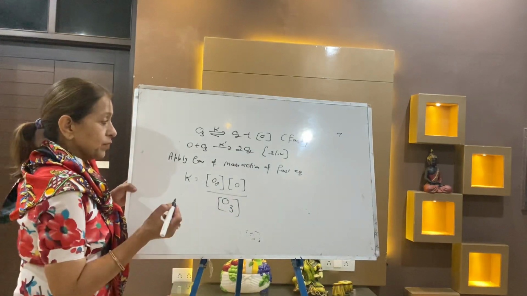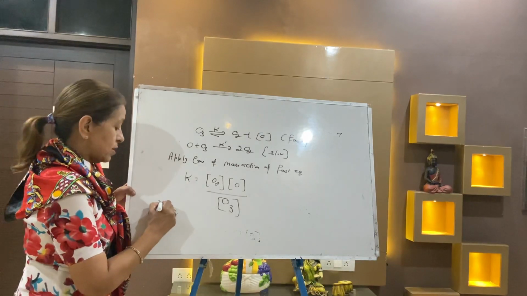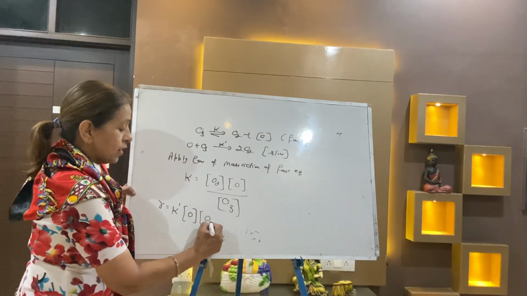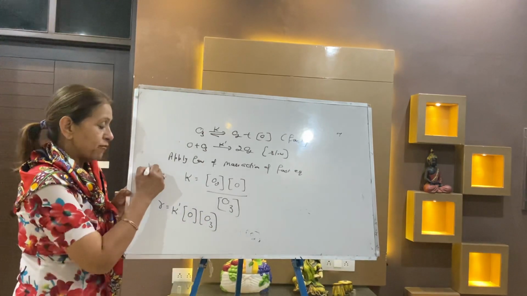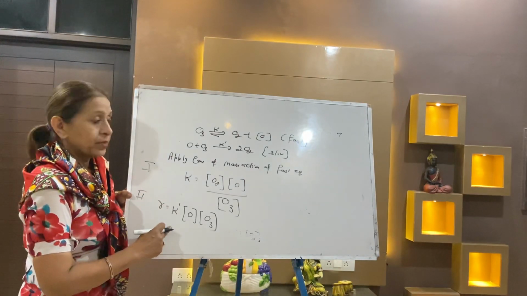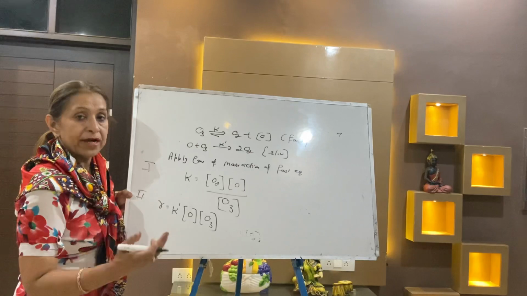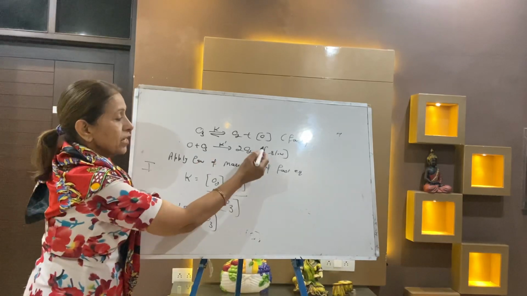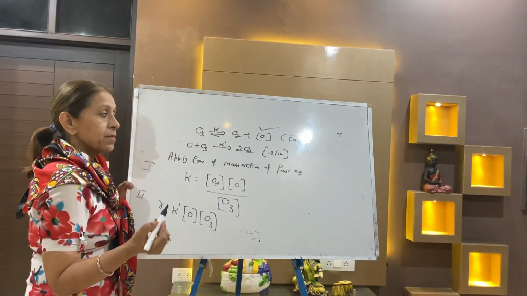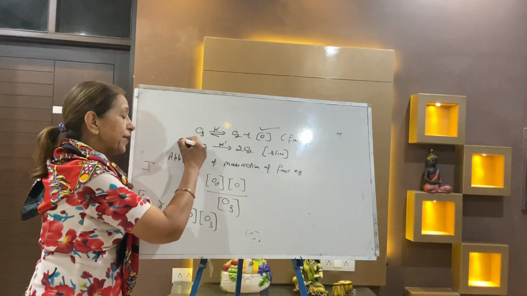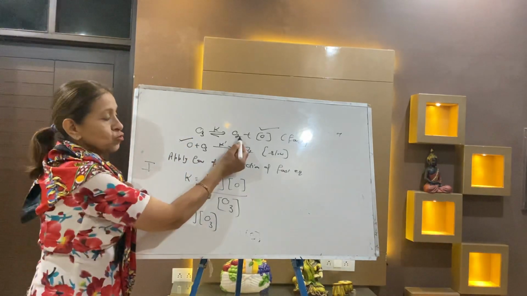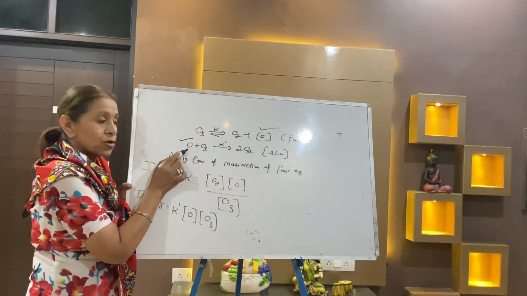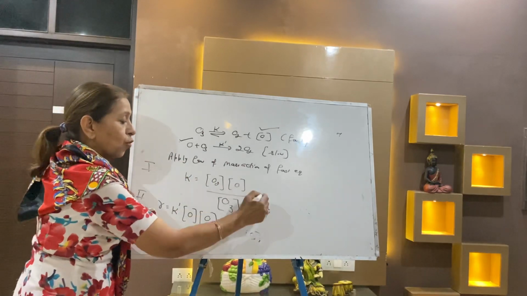Okay, this is the way. Now what will you do? Go to the slowest one. R is equal to K dash [O][O3]. That is the rate equation we have written from the slowest step. Now check which product is coming out from the fast step and going to add in the slow step. This is your nascent O. In the fast step two products are coming, O2 and O, but you can see the O is added in the slow step. So you calculate the value of [O].